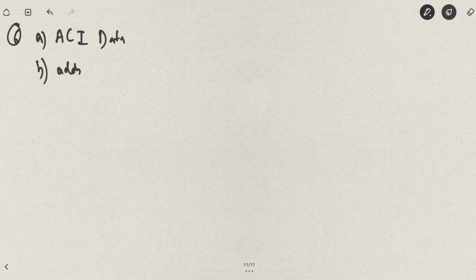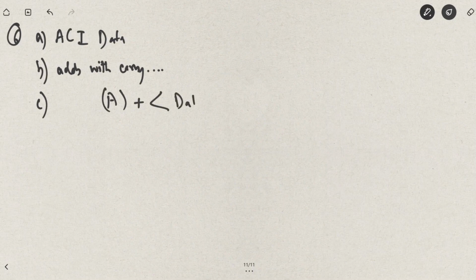Similarly, you have the sixth instruction, that is ACI data. So like ADI data, we have now ACI data. So what does this do? Adds with carry the data that's immediately provided with the contents of A and stores that in A. So whatever is in A, that will be added to the data that's provided here, along with the